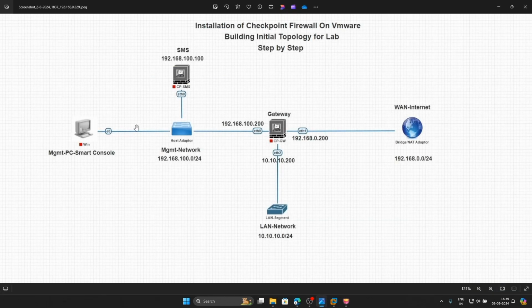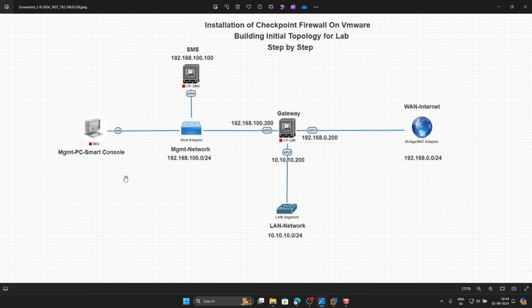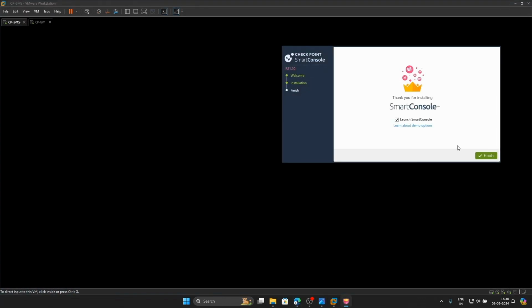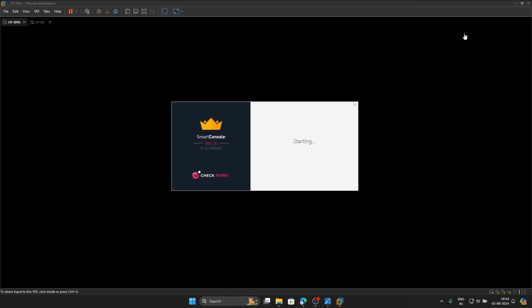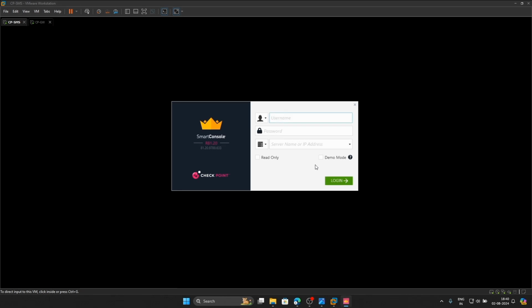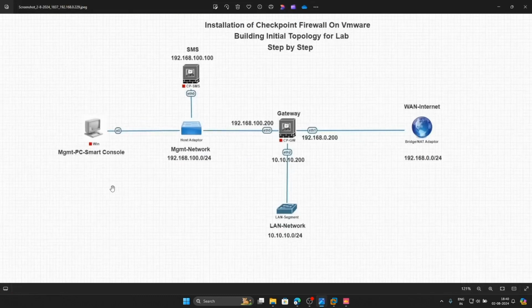Everything is configured, but we have to access it through our smart console. So I'm going to give you some information on how to access your smart console on SMS. I'm going to open this app, the app we installed, the SMS. Finish and wait for your SMS to be ready. Now give the username admin and the password is king@32. And which IP are we going to provide? First of all we have to open the smart console and access our SMS. So the SMS IP is